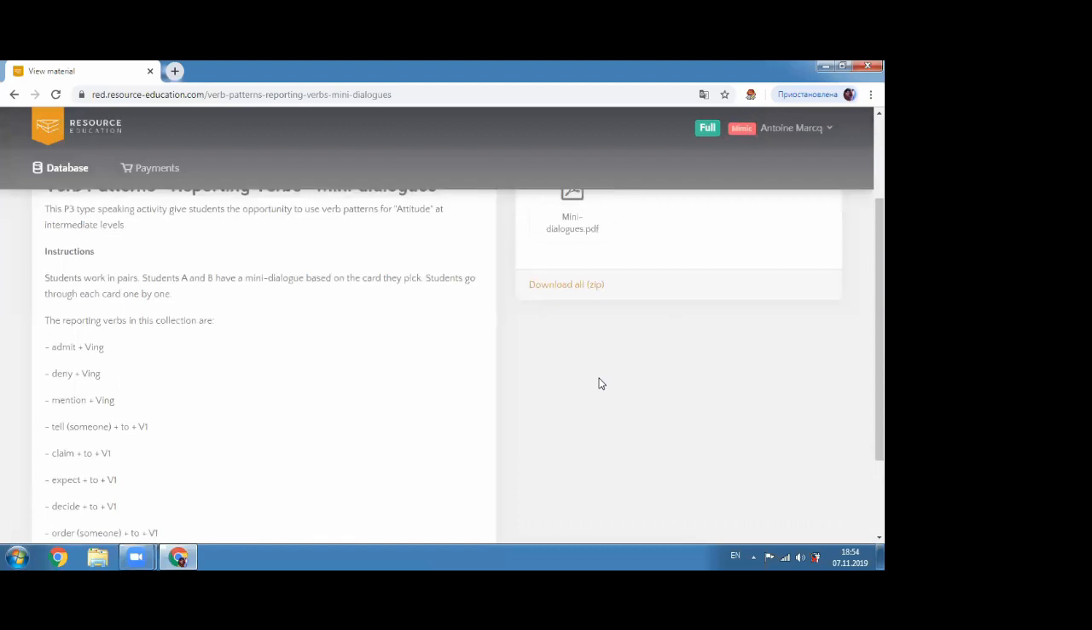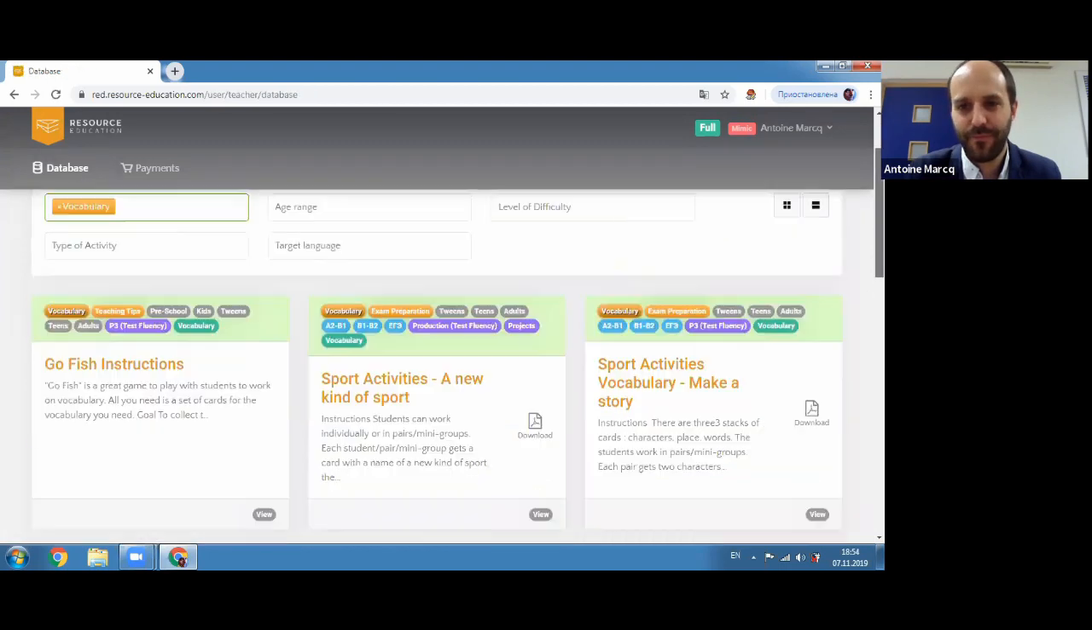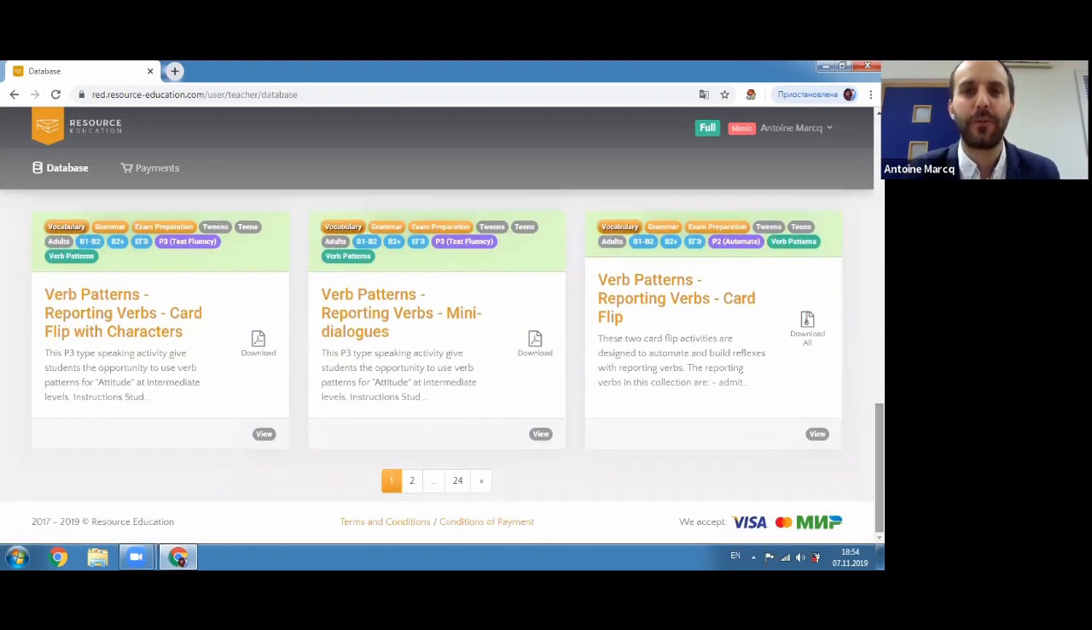Yep. So these are mini dialogues. All right? You'll find these P3 mini dialogues for all verb patterns. The previous verb patterns had the same little mini dialogues for P3. The whole idea is to get students to react immediately. They take the card and they need to make the construction. And finally,